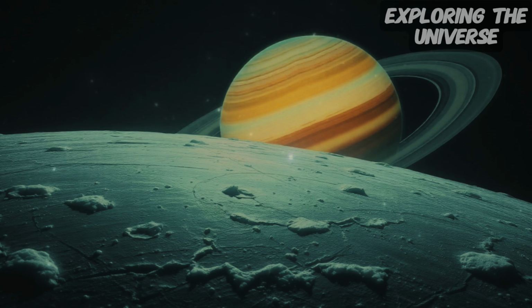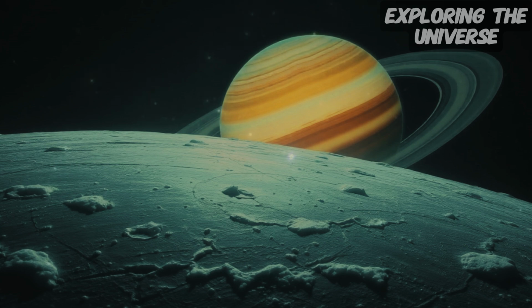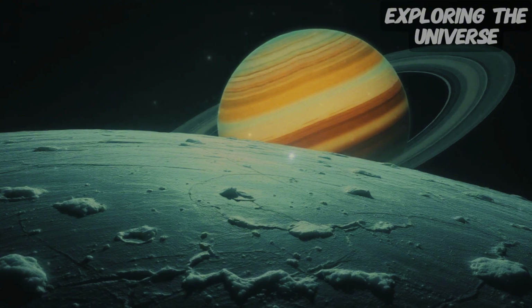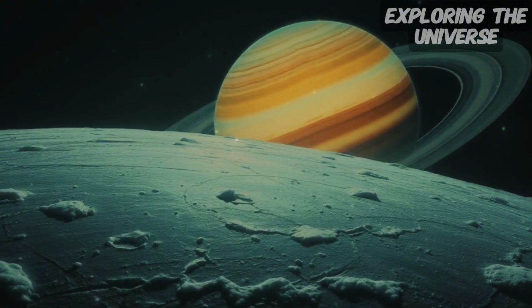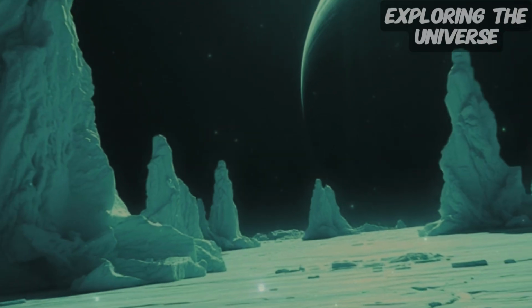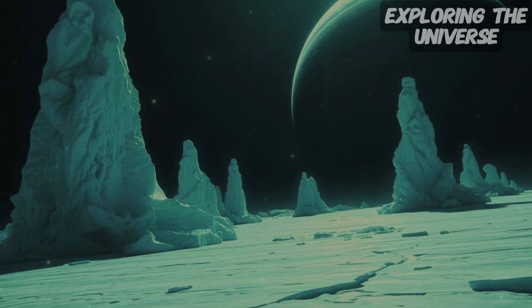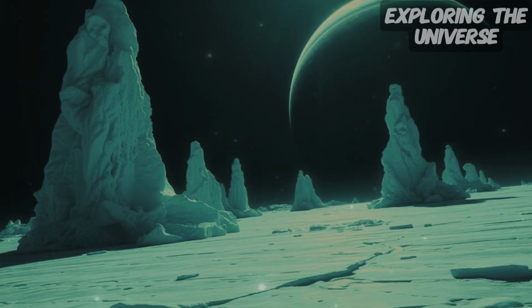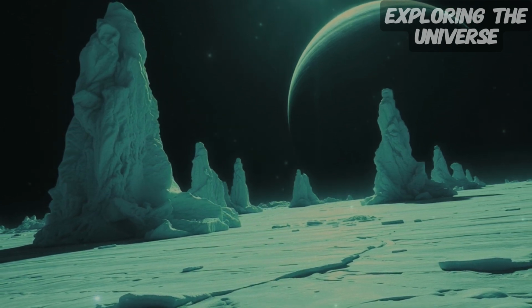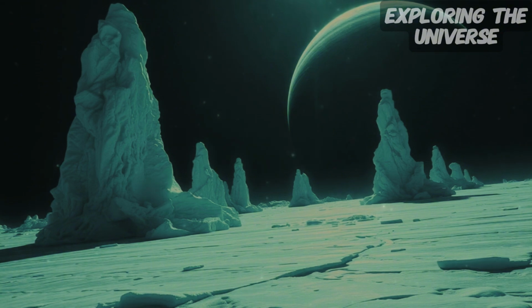Have you ever gazed at the night sky and wondered if we're truly alone in the universe? The story of Enceladus challenges everything we once thought we knew about the potential for life beyond Earth. This small, ice-covered moon, despite its modest size, has become one of the most promising candidates in our search for extraterrestrial life. Its active geology and hidden waters present us with tantalizing possibilities that would have seemed impossible just a few decades ago. The discovery of Enceladus's remarkable features has opened up a new chapter in our exploration of the